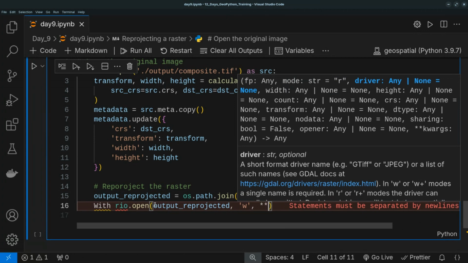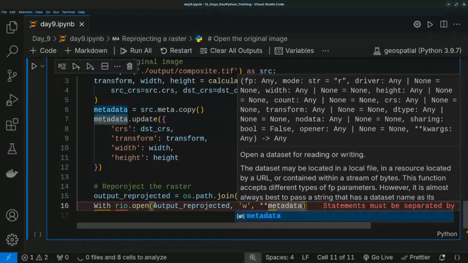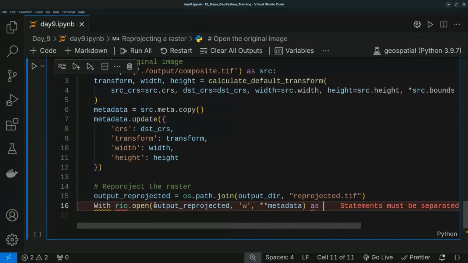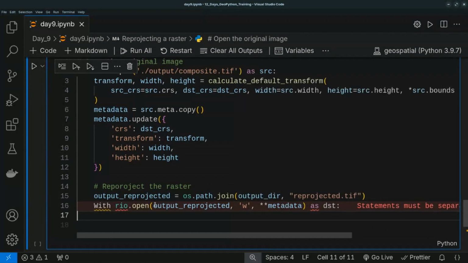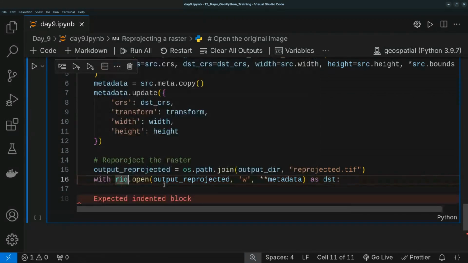So we spread the metadata, maybe as DST, and then, oh sorry, this width is lowercase w, and in here,